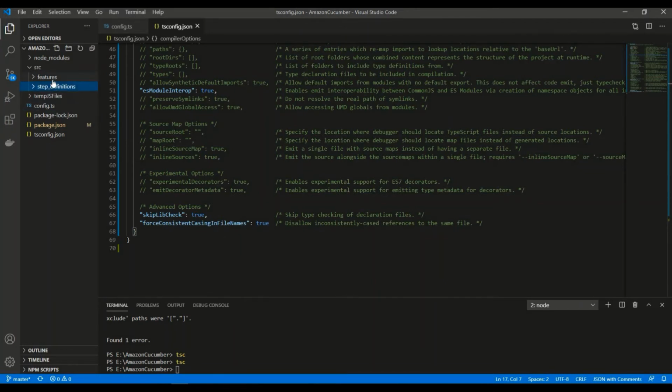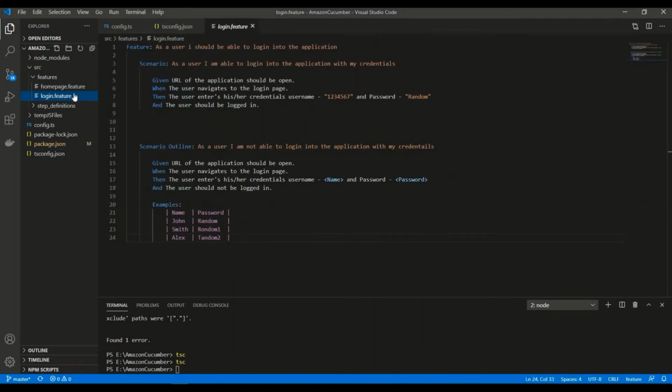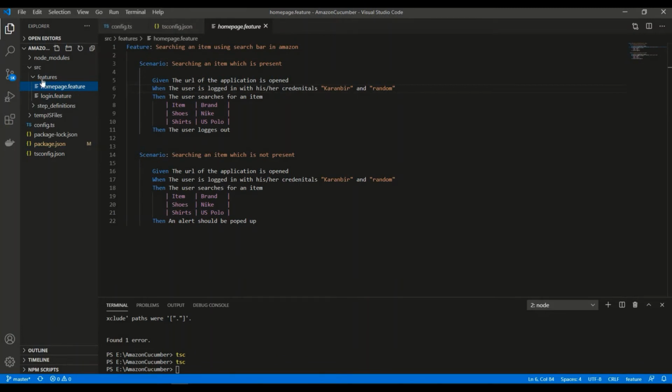So guys, if you remember in the session of Cucumber, we created two separate files. Login file was a separate one, home page was a separate one. So we are keeping all the feature files at a single place, but varying with the functionality, like login page is kept separately, home page is kept separately. Similarly, definition page has home page separately, login page separately. But then now we are going to change it a little bit, right? Now we are going to follow POM and we are going to create it in that way.